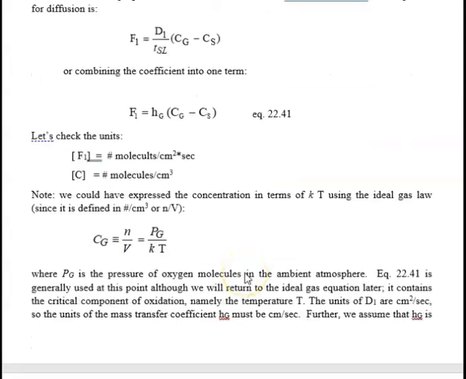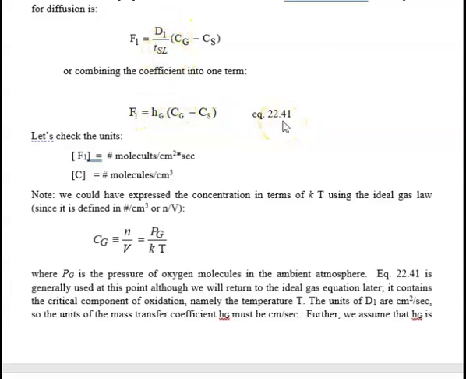Okay. We could have written this in terms of partial pressures. Partial pressure being the pressure of the gas, the oxygen molecule, in the gas. So if it's air, it's 20% oxygen. So if it's atmospheric pressure, it would be an atmosphere divided by 5. But we're going to use this a bit later on because we've got to put in temperature. Temperature is a very important parameter. But for right now, we'll leave it in terms of